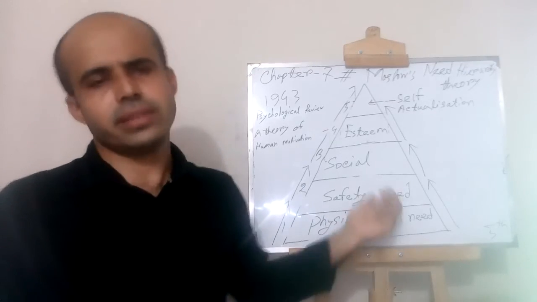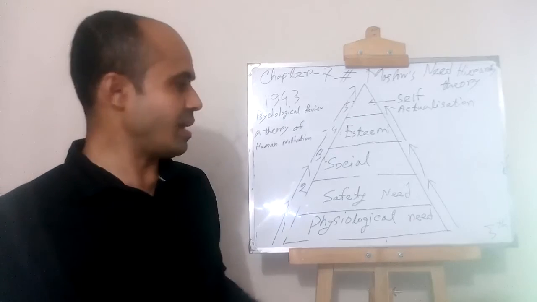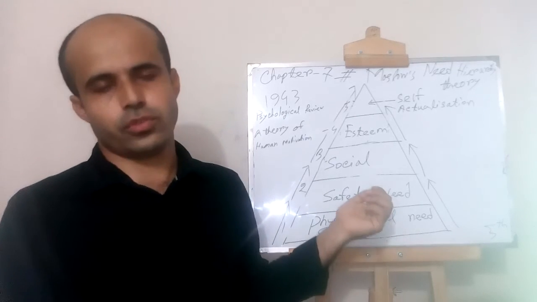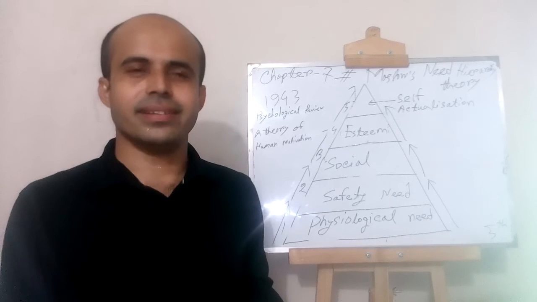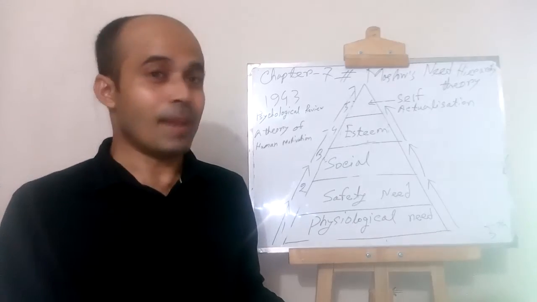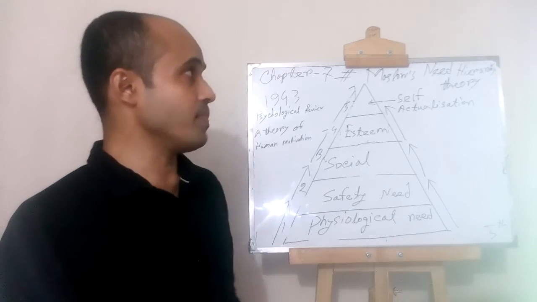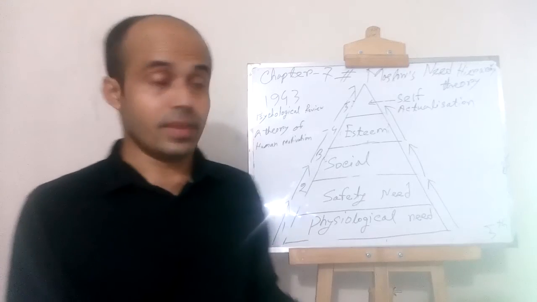They don't need safety needs. They need the social needs, and they want to fill up the social need. Then this theory will not be applied. So that is why there is some criticism about